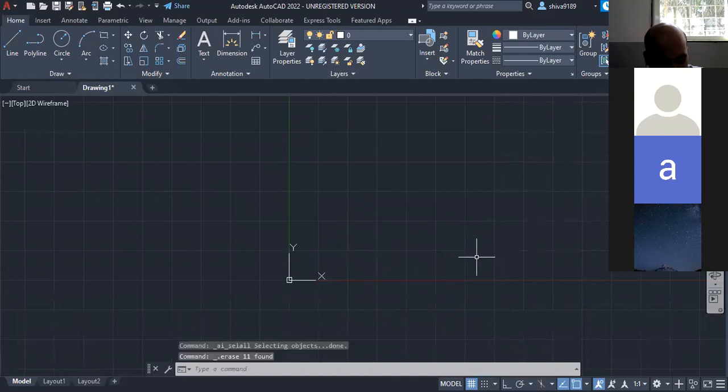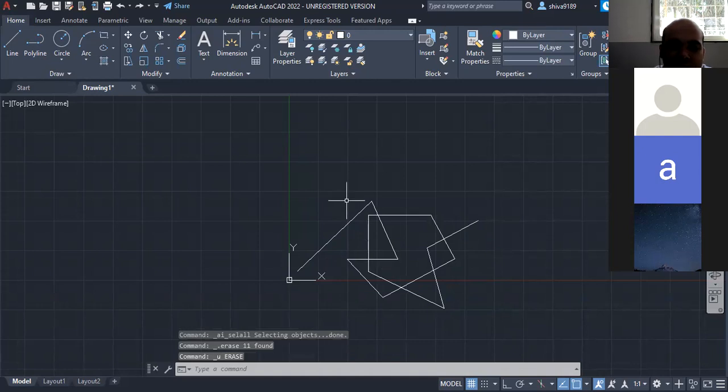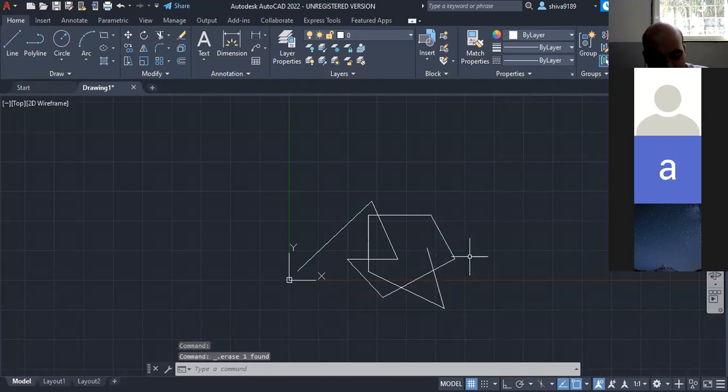But now suppose, students, I have to cut or delete this line or these lines individually. For that, I have to select the line individually and then delete it. Is it clear?